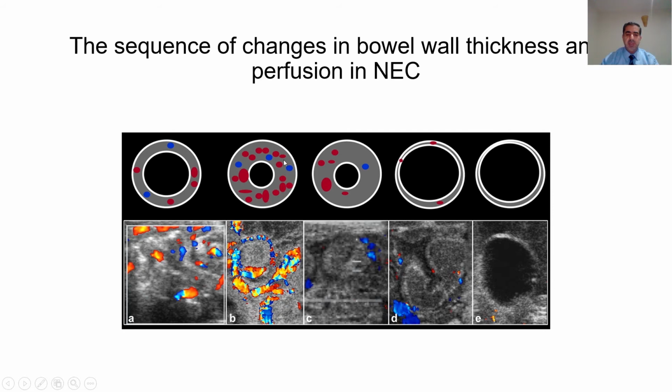In this stage, you can see that the vascularity is increasing. The bowel wall thickness is increasing. Here, the thickness is the same, but the vascularity started to decrease. Here we started to lose the thickness, but the vascularity is small, almost sparse, and in the advanced stage you can see that the bowel wall thickness is very narrow, in addition to the absence of vascularity, which is a bad or late sign. So you can see how informative the ultrasound can be in cases of NEC.